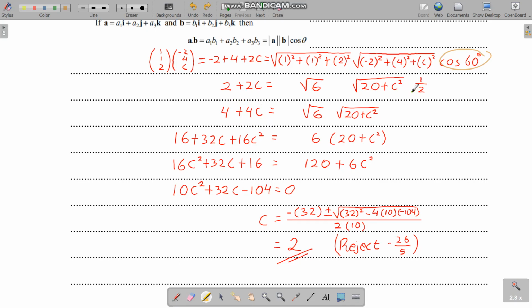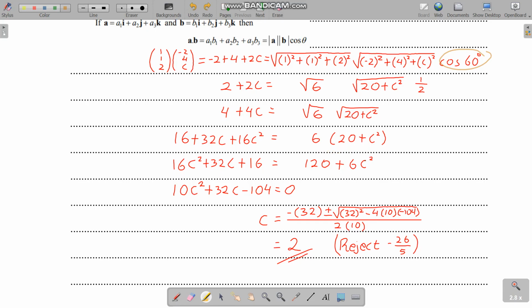And then you square both sides. 4 squared plus 2 times 4 times 4c plus 4c all squared, and you square root 6. If you square, you cancel out the square root, and just rearrange a little here and multiply and move everything